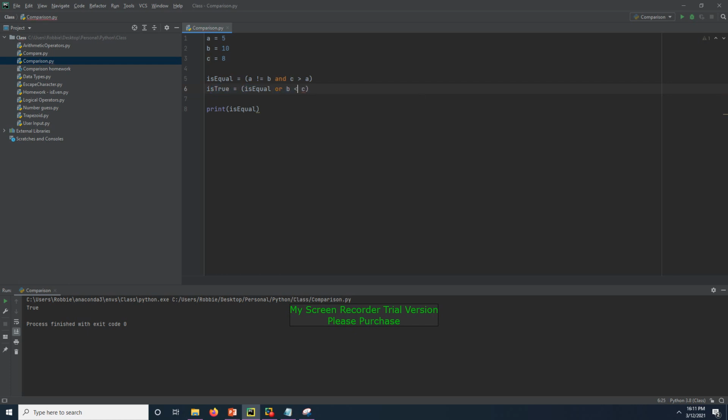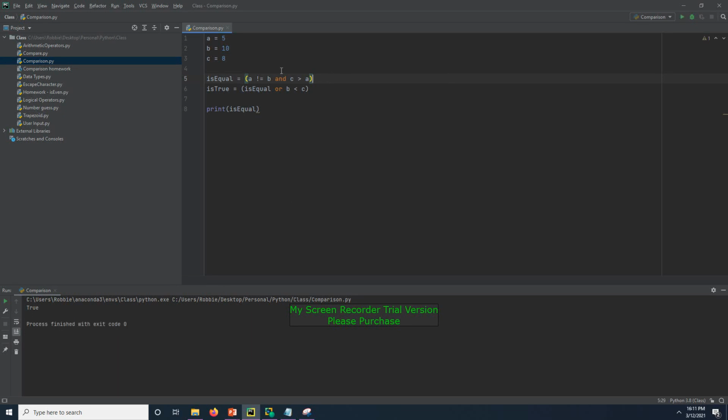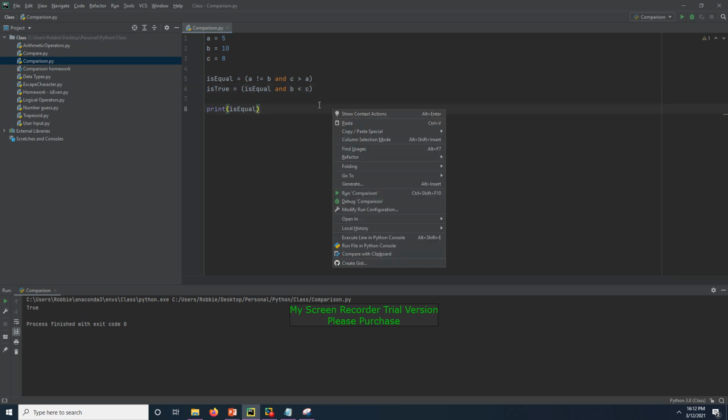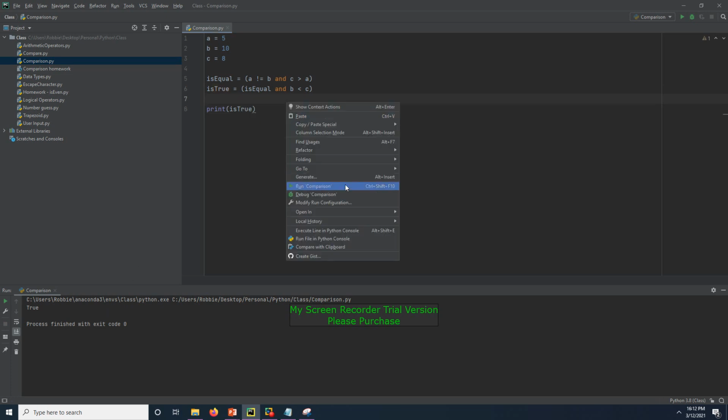So let's now change it up and say B is less than C, and we still get true. And why would that be? Because isEqual is true, B being smaller than C will return false, but by using the OR keyword, if either one of these two returns a true, then this whole bracket will return true. So when we change this now to AND, you still get a true because